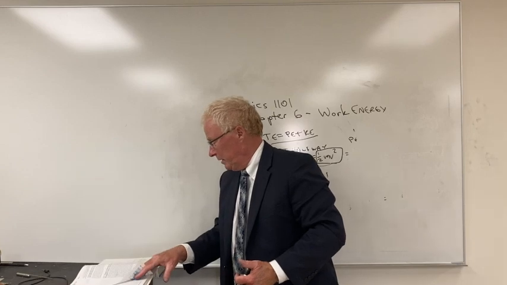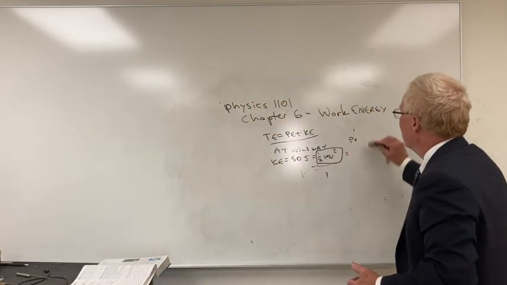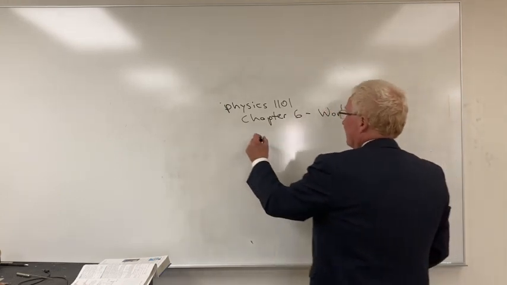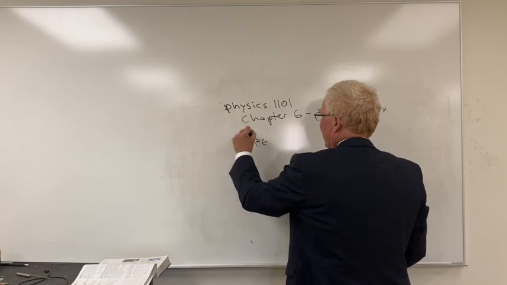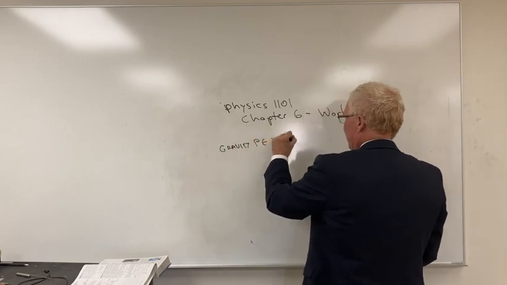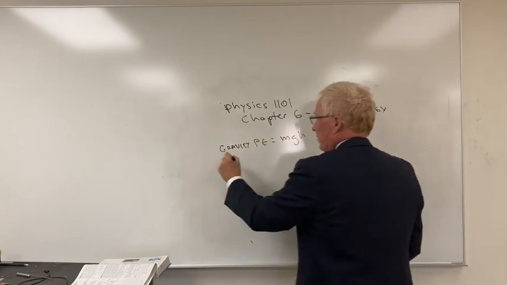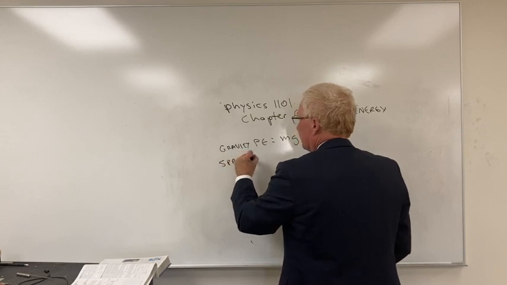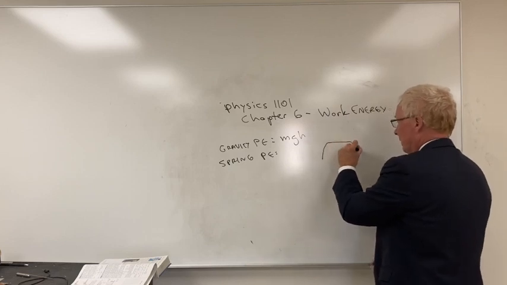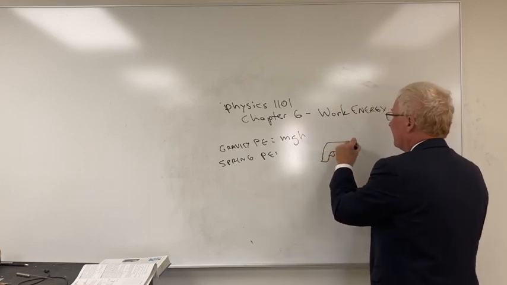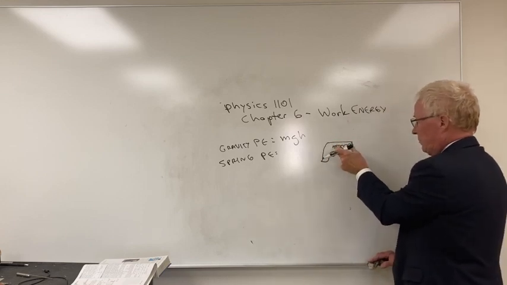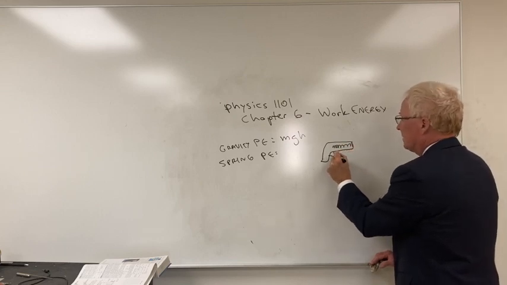Last thing I'm going to do today, and then I'll do some more examples later, is the potential energy of a spring. So potential energy for gravity is given by mgh. If we have a spring, and this will be the only other one we're going to use, like a pop gun type thing, it's got a spring. It has a certain amount of force to compress it. If we compress it a distance x,